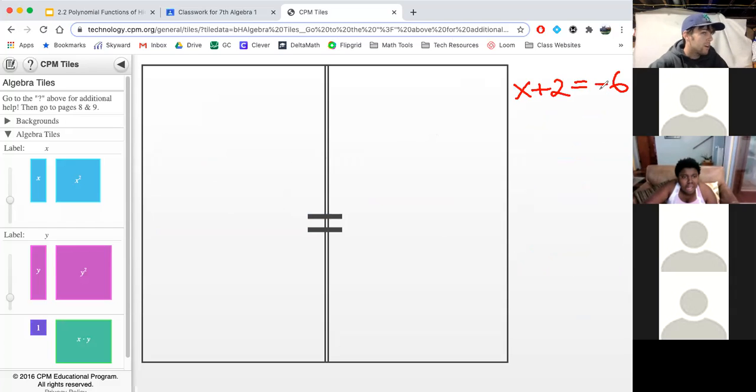All right, this one's a little harder. We're dealing with negative numbers in here. People have a little harder time coming up with it. So I think either solving it by using your algebra solving skills like this, or the equation mat here is going to be important. So I have X plus 2